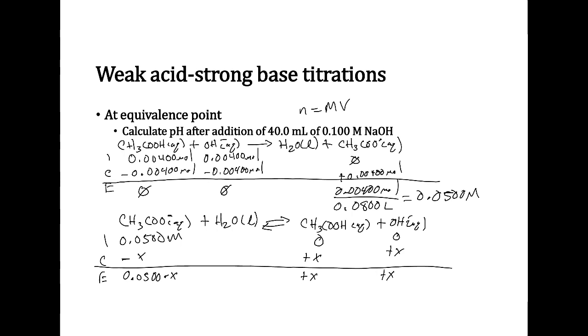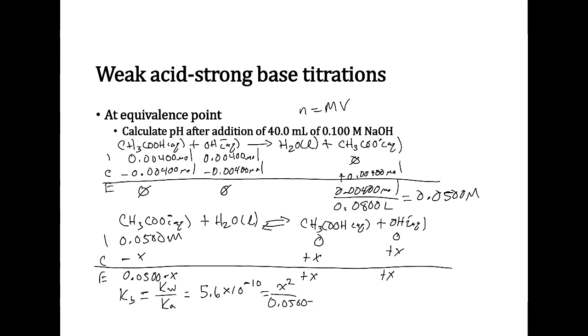Okay, so now, again, this is for a Kb reaction. So we need to find Kb for the acetate, or for the acetic acid. So Kb is going to be equal to Kw divided by Ka. So you can plug in your values and you end up getting a Kb value of 5.6 times 10 to the negative 10th. And then we can plug in our expression. So we have x squared over